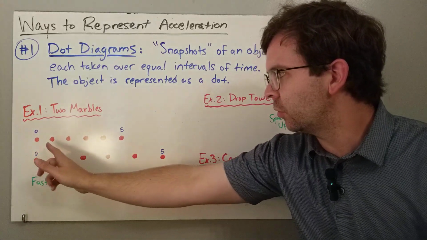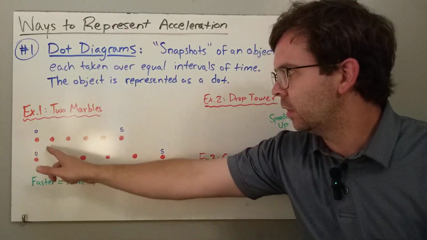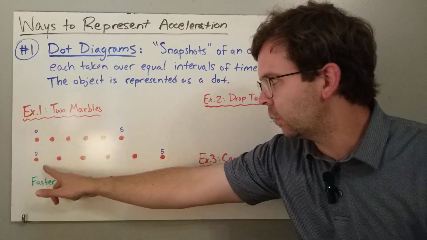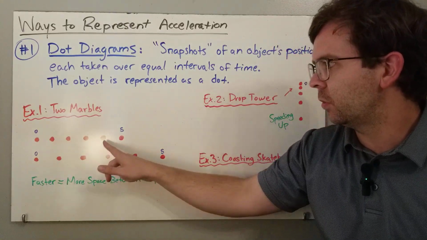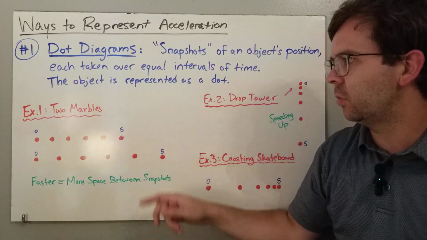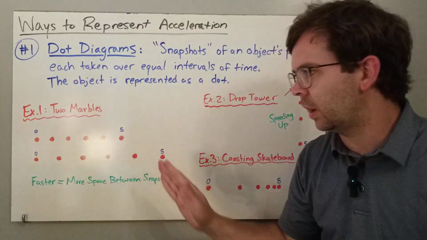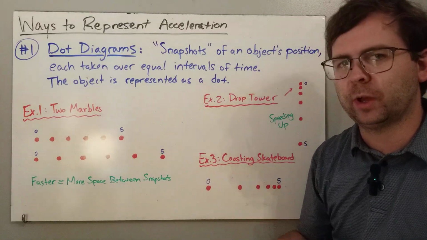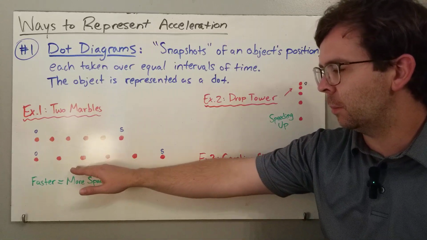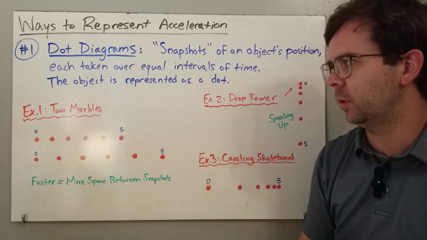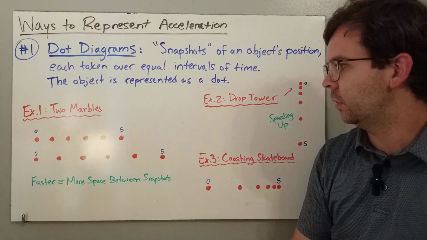But then as time goes on, after 1 second, the first marble moves a little bit, the second one moves a little bit further. 2 seconds, 3 seconds, 4 seconds, 5 seconds pass, and each of these dots represent an equal interval of time, in this case 1 second each. And so it looks like the marble at the bottom here is moving faster because there's more space between the